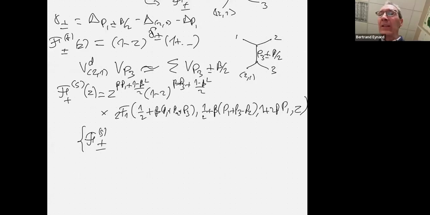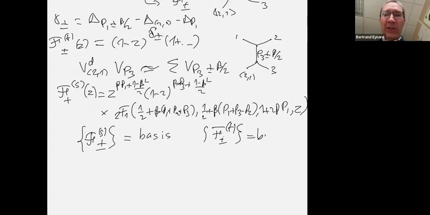But the Ft also form a basis. It's a T-channel basis. So we have these 2 bases, and therefore there should exist a change of basis, which I can write like that: Fs epsilon 1 equals the sum for epsilon 3 equals plus minus of some straight F matrix, F epsilon 1 epsilon 3,